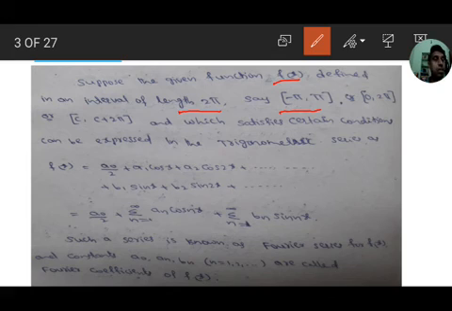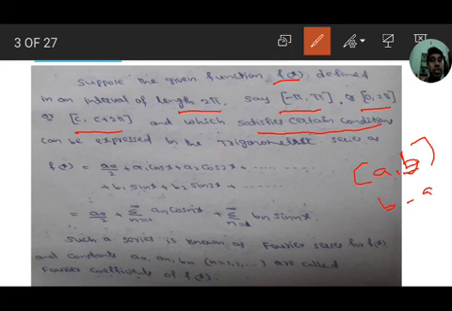The length is, if suppose the interval is a to b, then the length of a to b is b minus a. That is, π minus (minus π) means 2π. Or 0 to 2π: 2π minus 0, its length is 2π. Or c to c plus 2π, the length is 2π. And which satisfies, meaning compulsorily the function must be defined in an interval of length 2π, and which satisfies